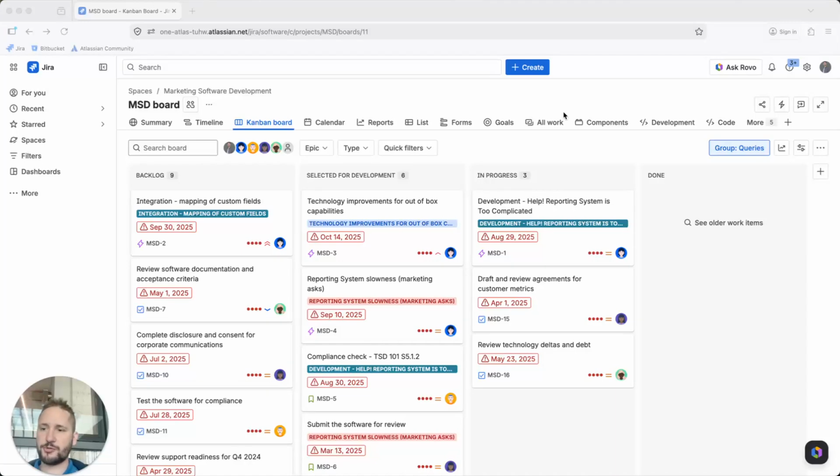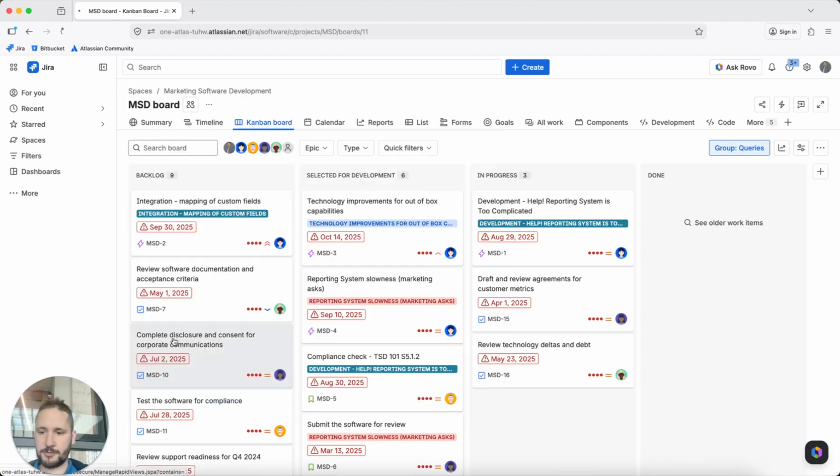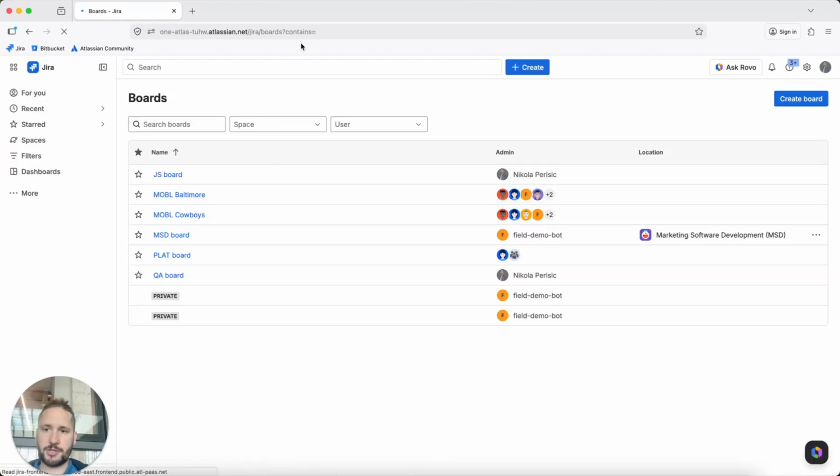Let me show you how you can view all of your boards. It's a bit trickier, especially if you are in the new UI and you want to understand how to actually view all of the boards. So you actually click on the search bar right here and you click on boards, and your boards are actually right here. So from here you can see all the boards that are basically shared with you,